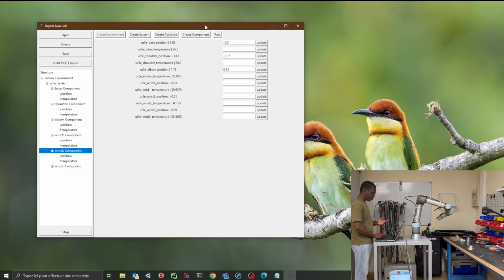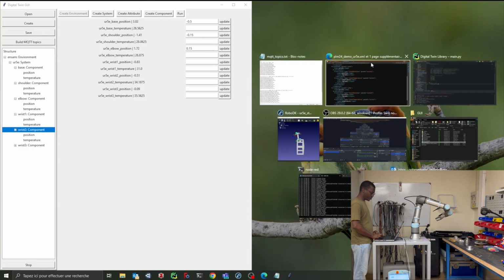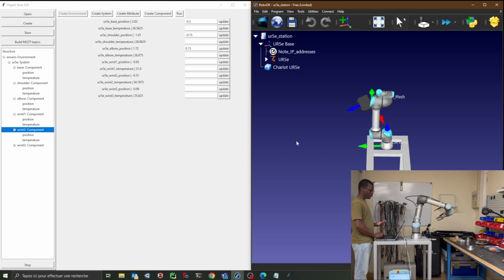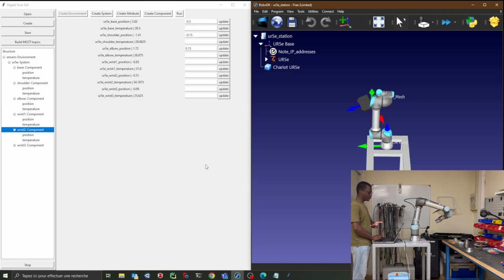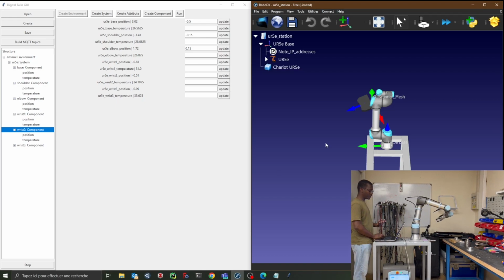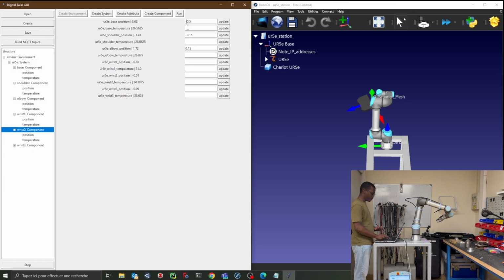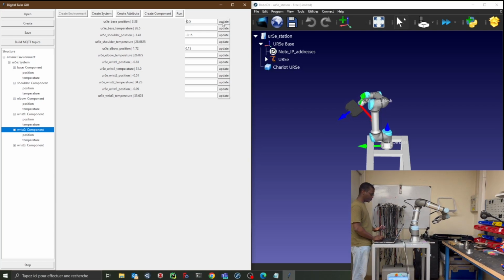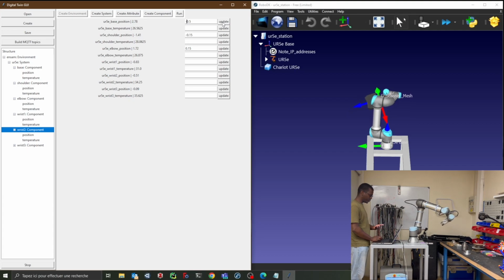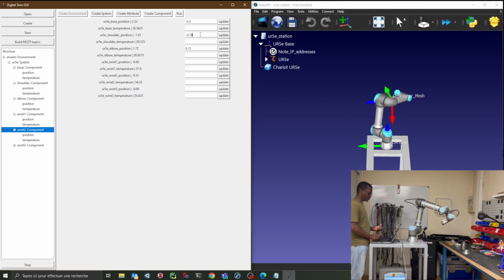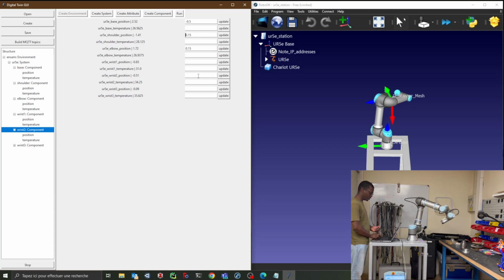Admittedly, this is not the best way to visualize it, but we are able to use other visualization services thanks to the MQTT protocol. One is a 3D visualization using the RoboDK software. With this, we are able to move the robot from our GUI using the data structure, and we're able to visualize this change both numerically in the GUI and also visually with the 3D software. This gives us flexibility on how we wish to visualize the evolution of our digital twin as the physical twin